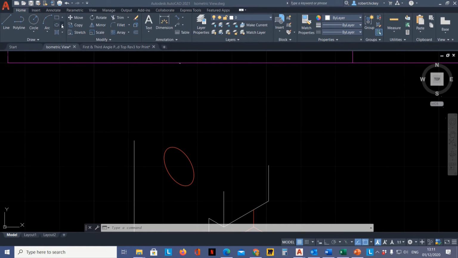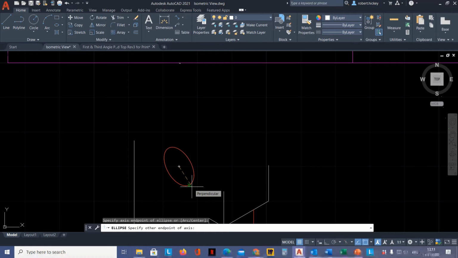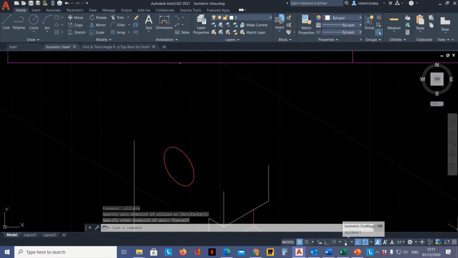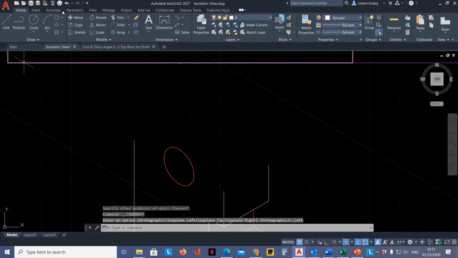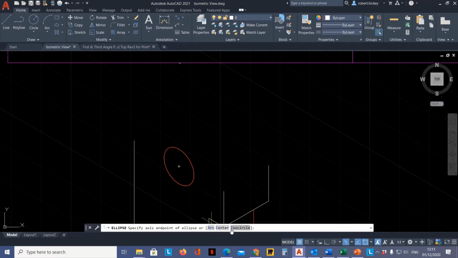I'm going to select my isocircle, or sorry, my ellipse. So axis end. Come down here, it says specify the center. That is the center point. Then it says, oh, do you know what, I need to be in ISO draft. So again, come up, select axis end, select ISO circle,